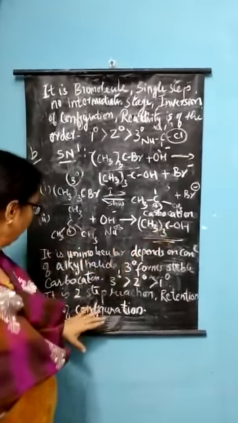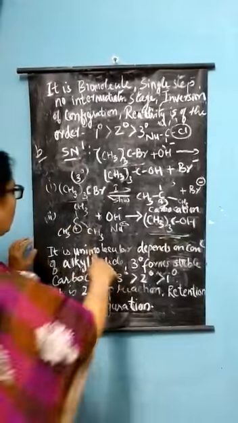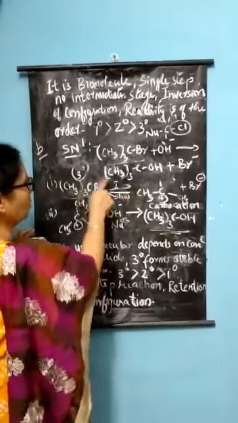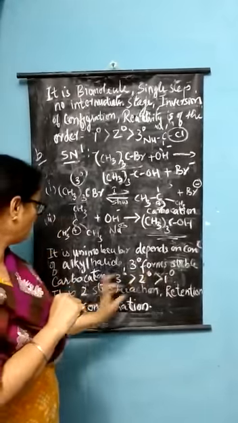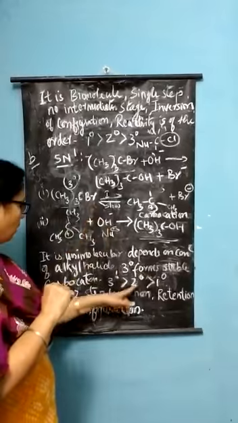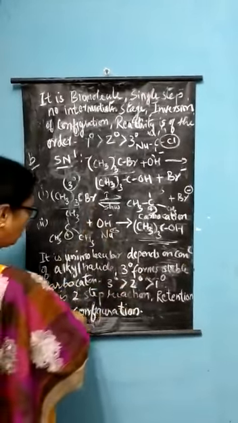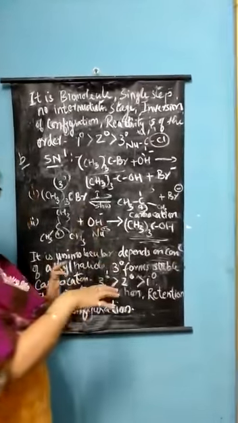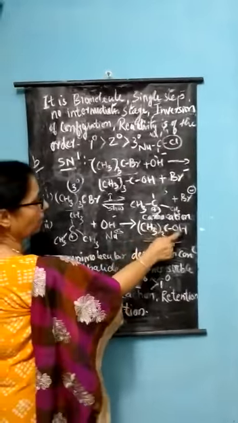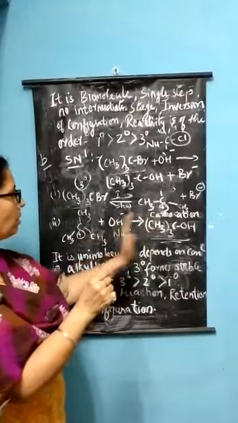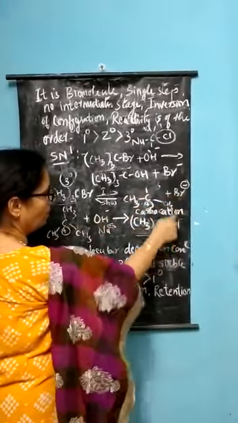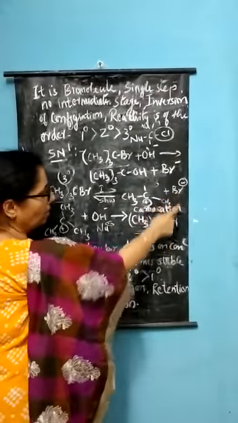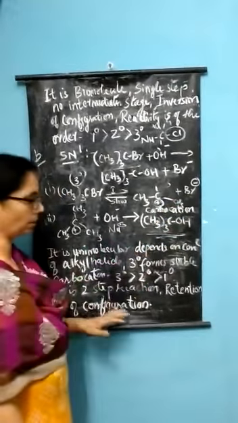The final summary of this reaction is, it is unimolecular, that is, it depends only upon the alkyl halide, which is a tertiary one, and third degree is more stable than 2 degree than 1 degree. It is a two-step reaction, and the very important part is that it undergoes retention of configuration. There is no inversion; where the halide was removed, the same position is where the nucleophile gets attached.